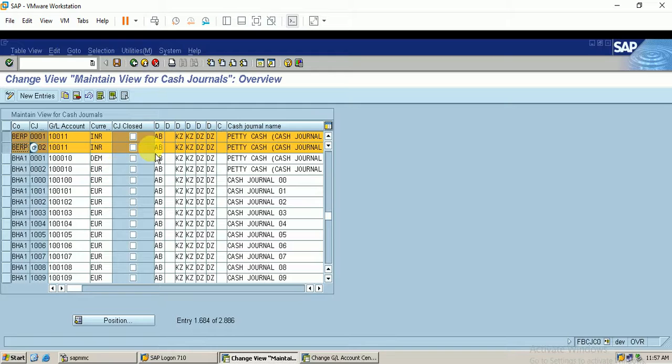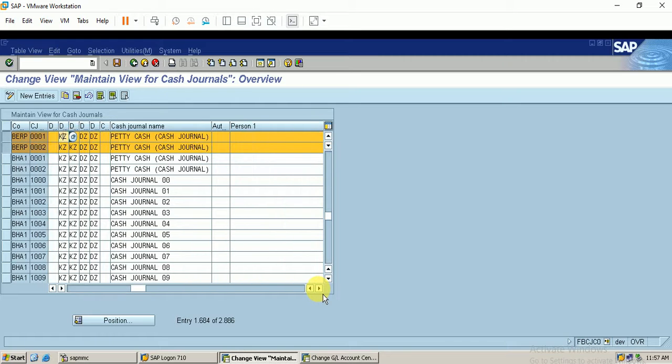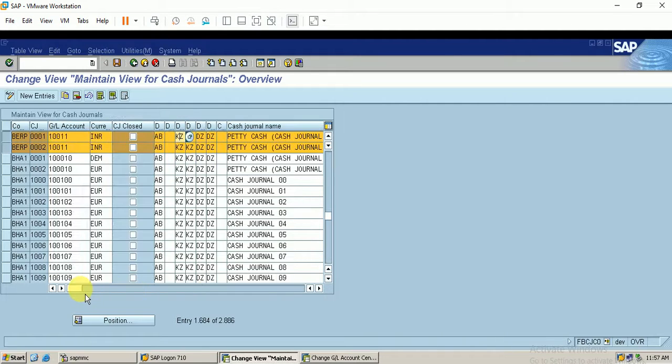And this step shows cash journal closed, cash channel closed. If I don't want this cash channel, I can make a selection here so that this cash channel will not be permitted to post any documents. And these are the payment documents for vendors and receipt for customers. So these document types I have configured. The next step is we can also use the person responsible for the cash channel. Okay, just save this entry.